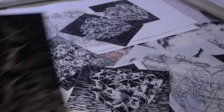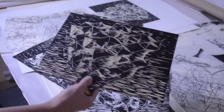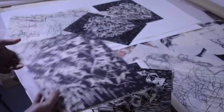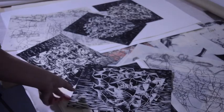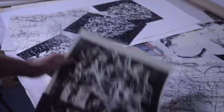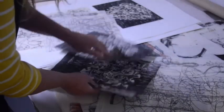This is an actual woodcut, so I use these little tools to carve the image into the woodcut. Let me fix the light here. And then print these. I can't remember how many of these I did. I think I was going to tile them all together maybe. I kind of moved on to something else, but I have a bunch of these little gyroid woodcuts and